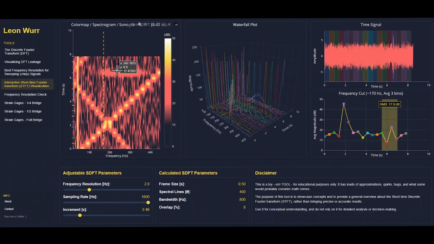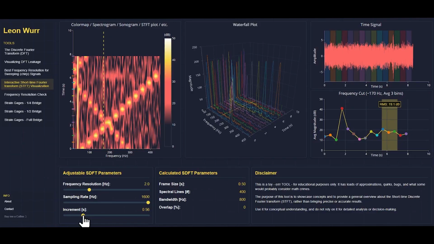I have added some other phenomena to this time signal. This is a sharp impulse that you can see as this peak in the time domain, because I wanted you to be able to visualize that if you don't have the correct increment set, you will not be able to capture this phenomena on your color map. I see this very often with users that they see some phenomena on their time signal, but they calculate a color map with the wrong increment, with the wrong frequency resolution, and they don't see that phenomena on the color